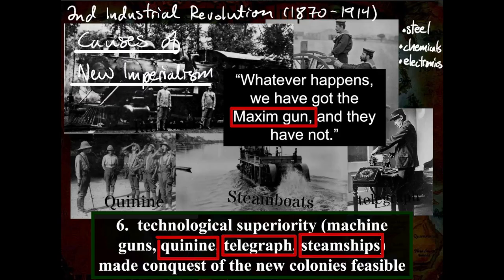The telegraph and other communication methods are going to allow for better organization in colonizing Africa, as well as new military technology, such as the Maxim gun. Now, you've probably heard of the Maxim gun before, but you've heard of it as a machine gun. Obviously, a machine gun is going to be more effective than muskets or regular gunpowder weaponry from period 2. So with this technological superiority, the Europeans are going to use that new technology to move in and to colonize areas that had previously been off limits to them, thus starting the scramble for Africa.